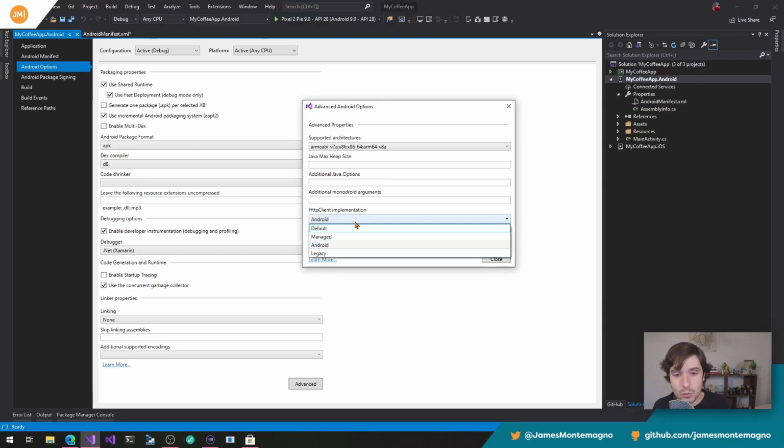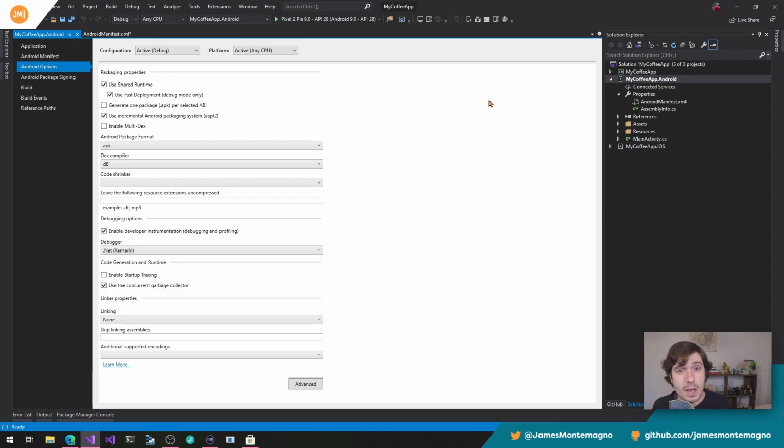If I go into here, there's managed and legacy, but you sort of want to use the default. It uses the latest SSL, the latest TLS. Only if for some reason you have certs and you need to go back in time and need to require them, then you'd want to change that. Now, I like to come in and change my defaults immediately for release in all my applications because I don't want to forget to do that step.